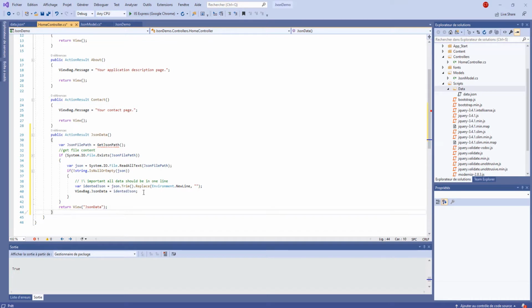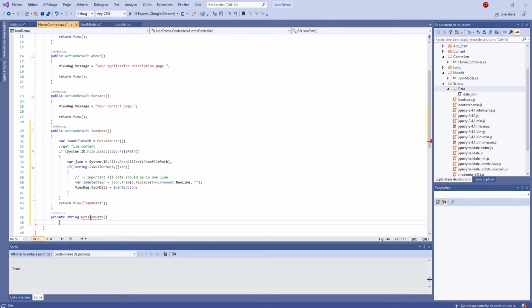Now let's create our new method, the getJSON path, and this method is going to return a string that contains the JSON path file. So private string getJSON path, and inside of it